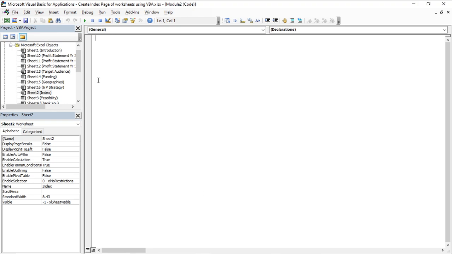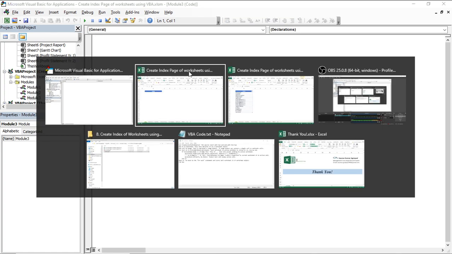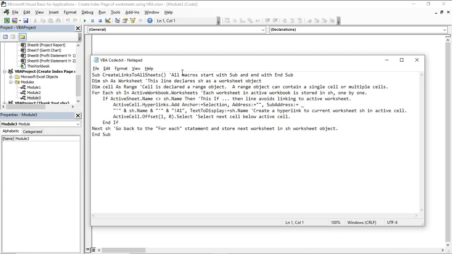This is basically the macro screen wherein you will see Visual Basic for Applications, and this is where your module will get activated. Additional step, what you have to do is click on the Insert button and click on Module. As soon as you do this, we will have a new module page opened in front of us. Now it's a blank canvas, but we need to fill it with a code so that we get our desired result.